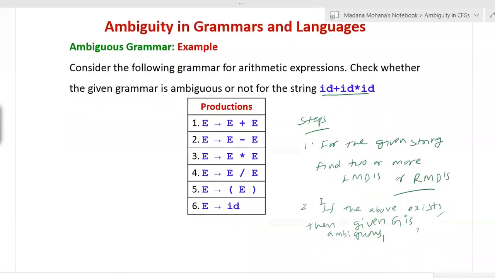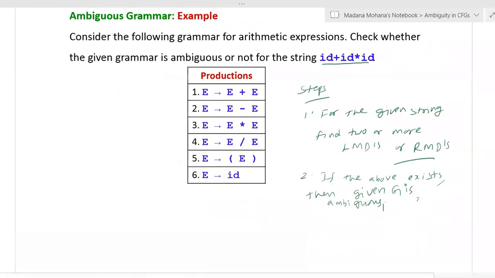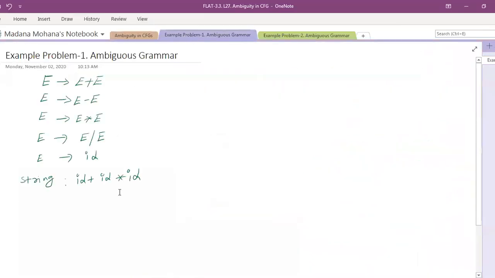For any given problem, if you want to test whether the given grammar is ambiguous or not, if a string is given, for that string you find a minimum of two leftmost derivations or a minimum of two rightmost derivations. Both derivations derive the same string. Then from the derivation, you can draw its derivation tree or parse tree also. If this condition is satisfied, you can write the conclusion: the grammar is said to be ambiguous. Now we will solve this problem live here.